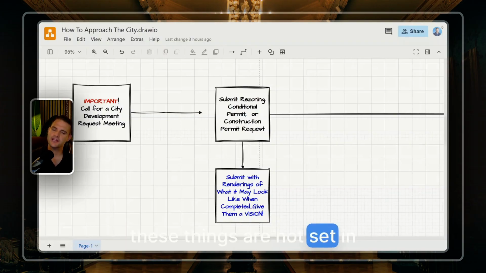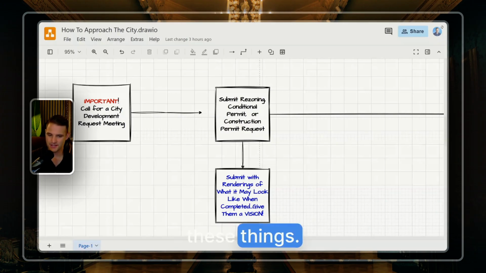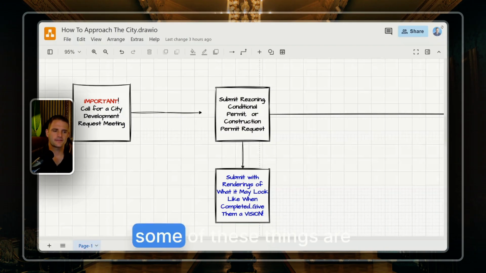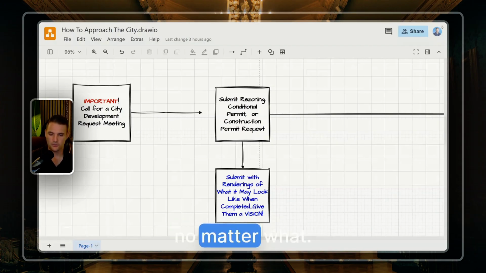And these things are not set in stone, just so you know. It's all negotiable. There are even attorneys out there that can help you negotiate these things, but a lot of this you can do. And some of these things are going to happen no matter what, like fire sprinklers. They're going to require that those get installed no matter what, for the most part.